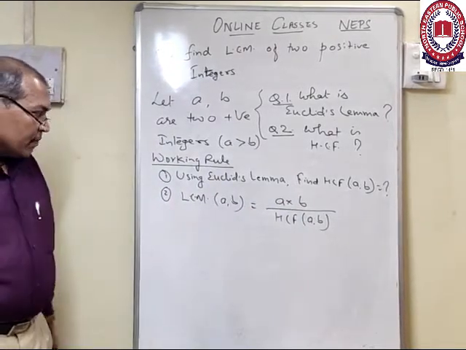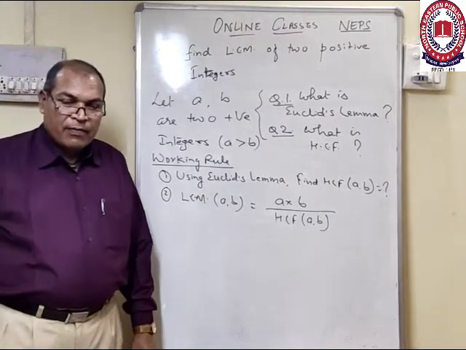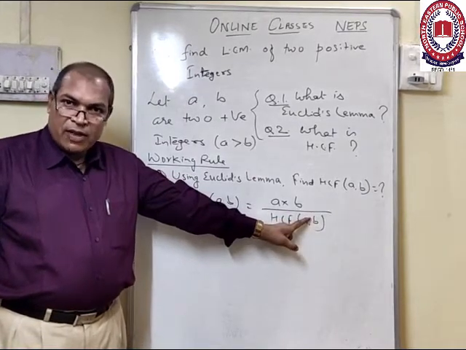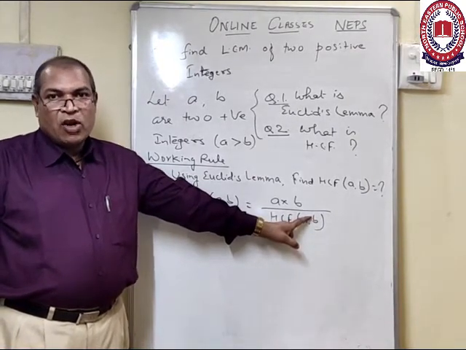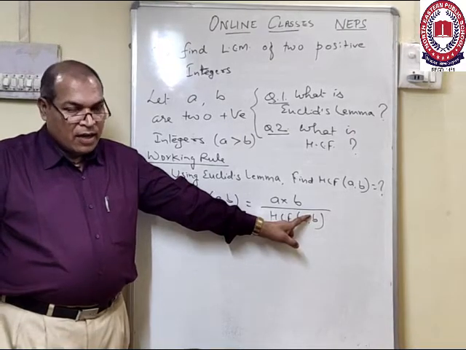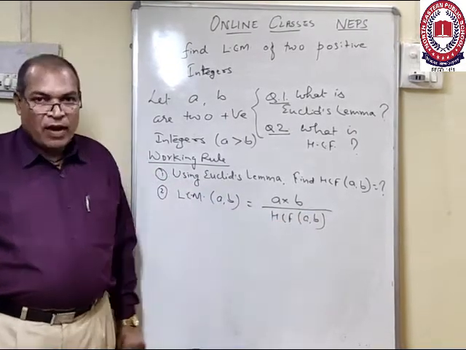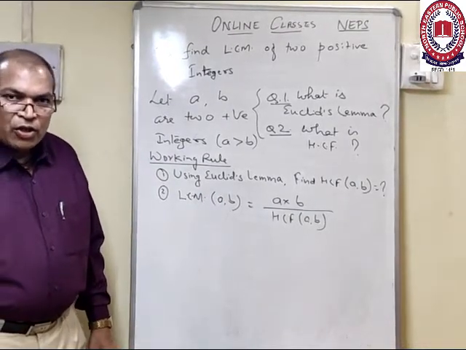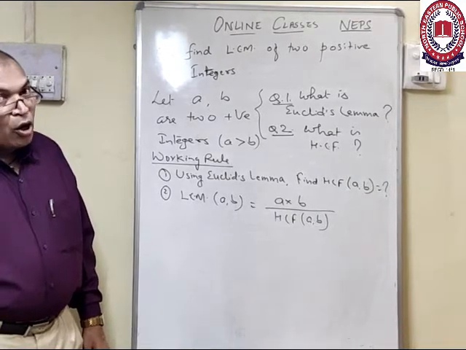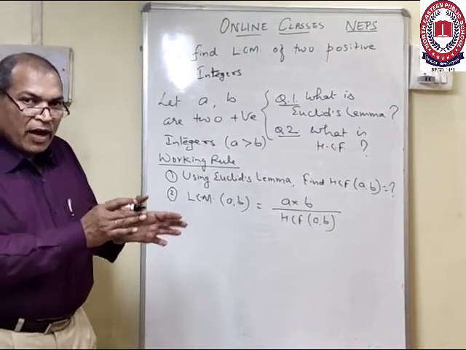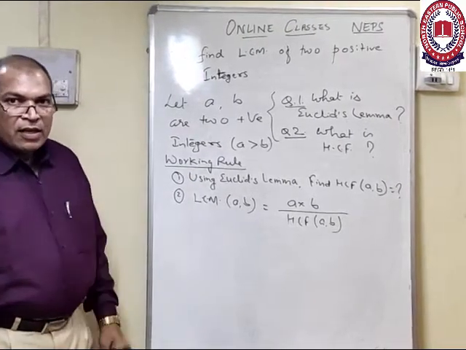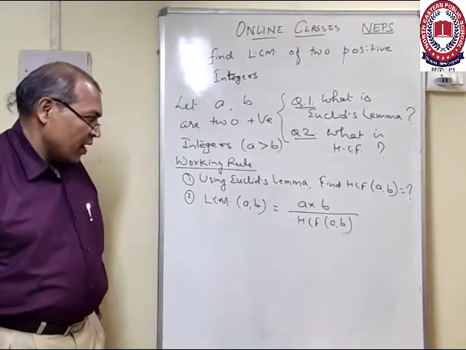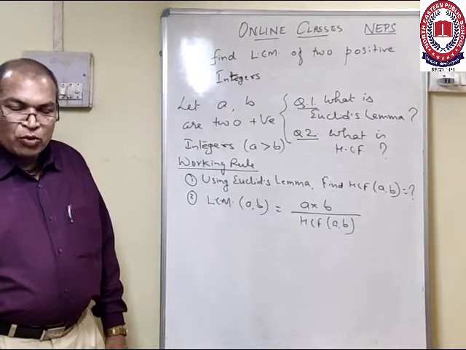Now, the question will be here: is it necessary to find the HCF of A and B using Euclid's division lemma? So no, it is not necessary. As you had in previous classes, to find the HCF and LCM of given positive integers, we can use the prime factorization method also. This method, prime factorization method, I will discuss in the next session after this. First, let me explain how to get the LCM of these two positive integers.